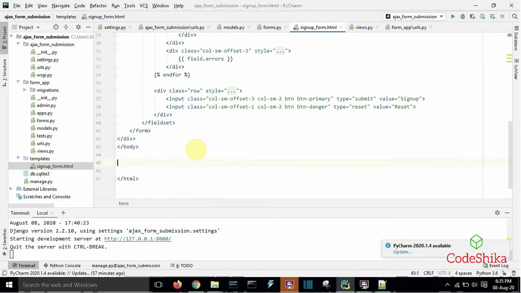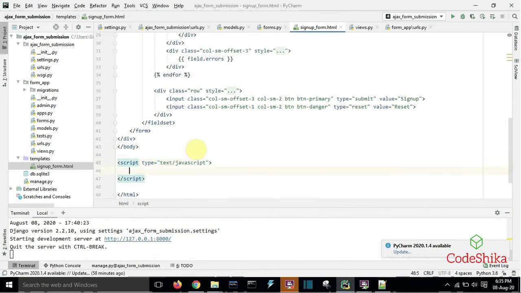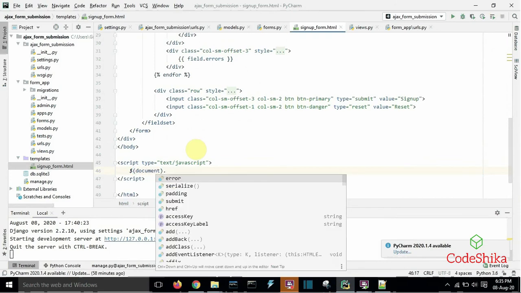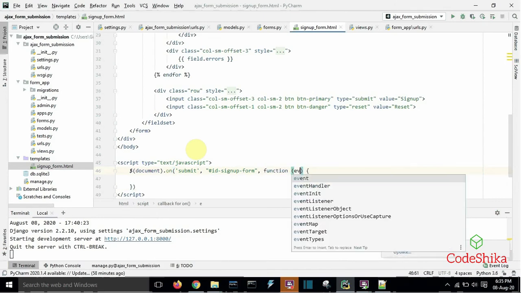Script type equals to text/javascript, $(document).on('submit', '#id_signup_form', function(event).